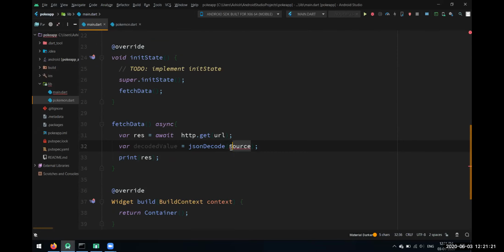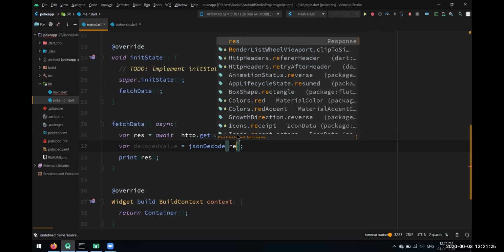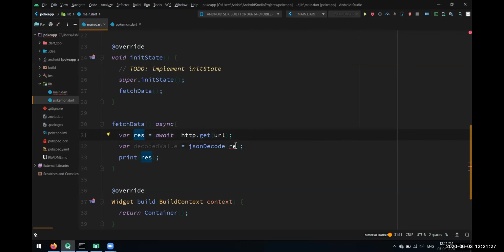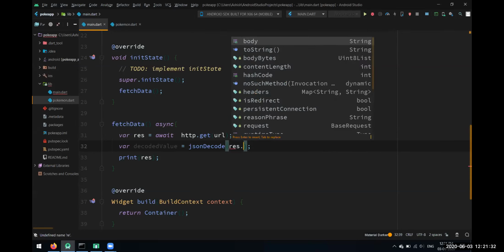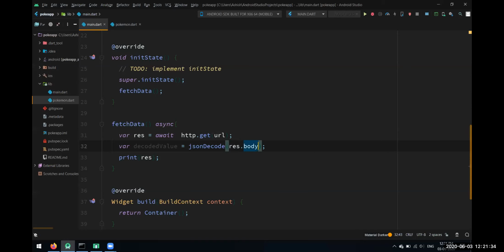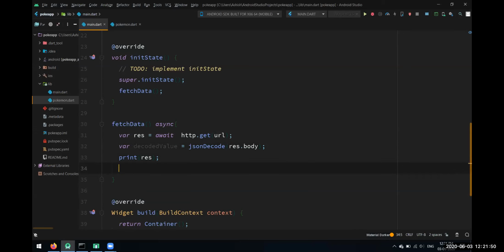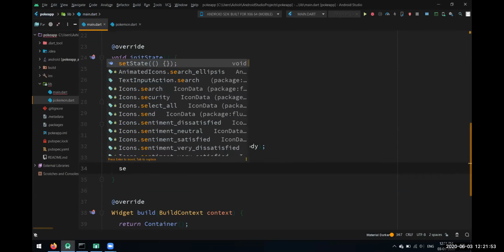Here we have to go at the source. The source, as we know, is our result which we got here, this result dot body. Inside this whole body we have the main part. Otherwise, if we just use the result, it is an object, like an instance, so we have to get the dot body out of it. After it we'll call set state.